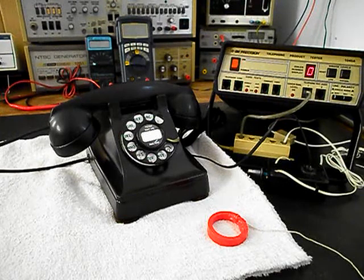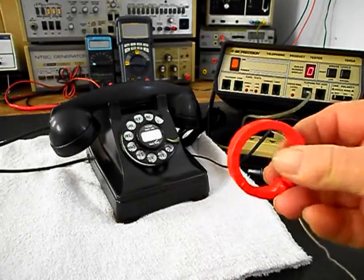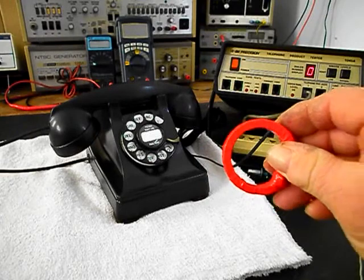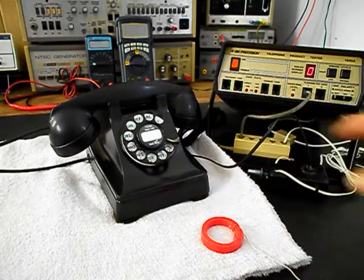Okay, we're back now, and we are finished with the repair of this really cool Western Electric 302 rotary desk telephone, and we're ready to start our final checkout. Now, we also want to mention our amplified pickup. We use this in troubleshooting, repairing, and on our final checkouts. It's amplified so that you can hear the audio